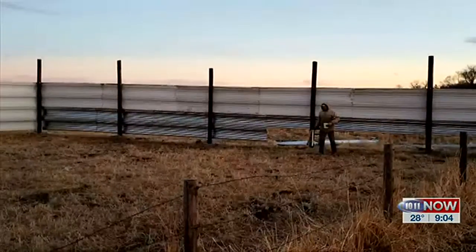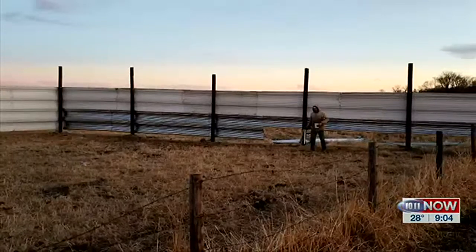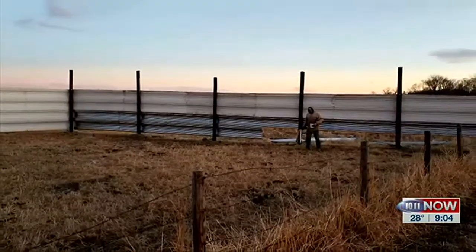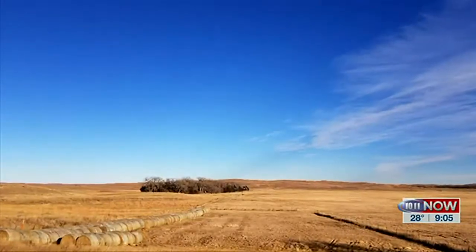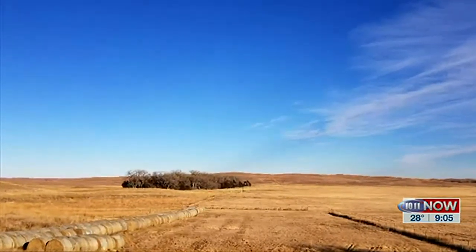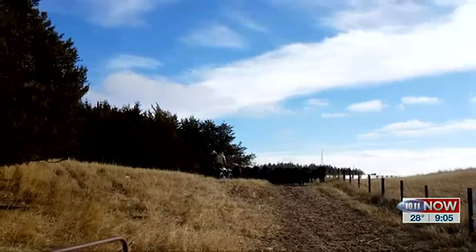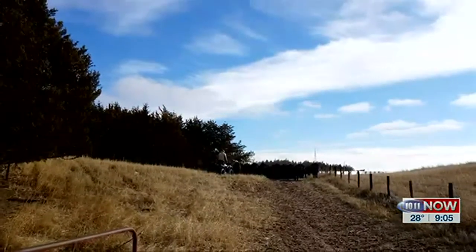And yes, I chose today to talk about windbreaks partially because we had such a nice fall, allowing farmers and ranchers to get to some of those projects that are on the list. One of them that had been on my husband's list was to get a windbreak put up in this specific area. Windbreaks are important obviously for cattle, for livestock, for your home. Even as you drive through the countryside of Nebraska, you will see groups of trees, and that's probably where a homestead was. There may be a home there now, there may no longer be a home there, but